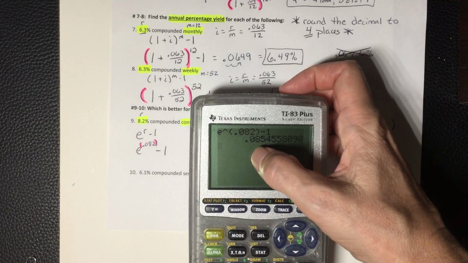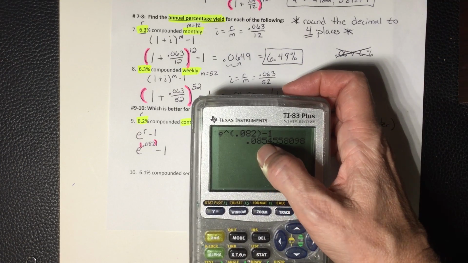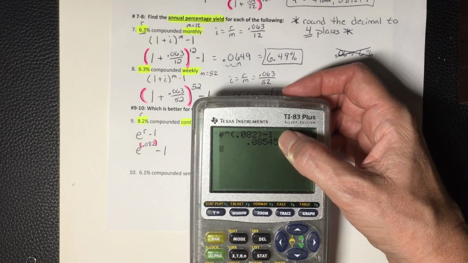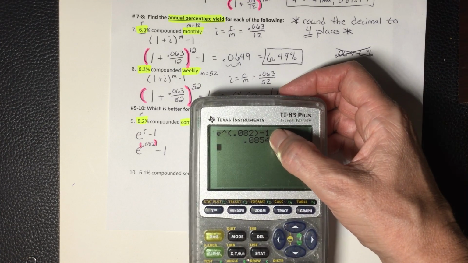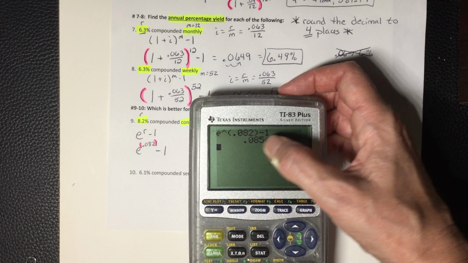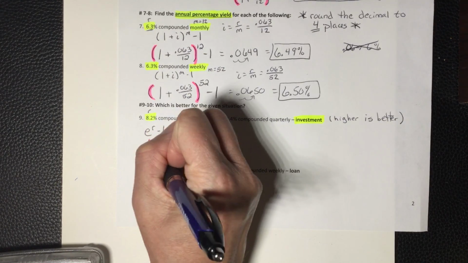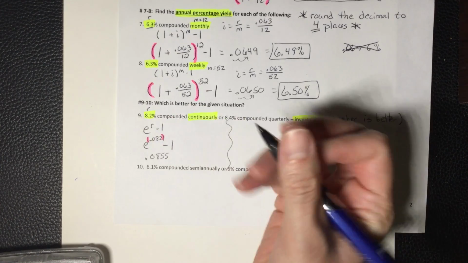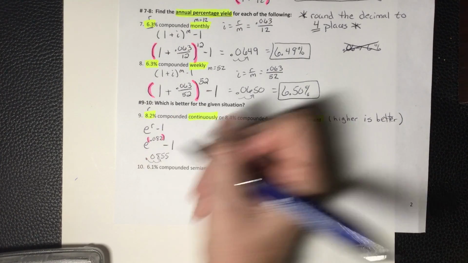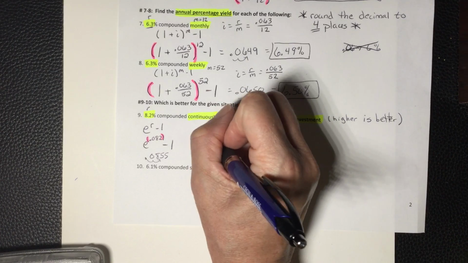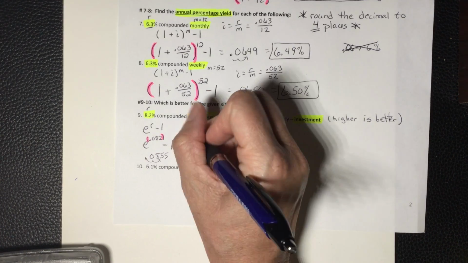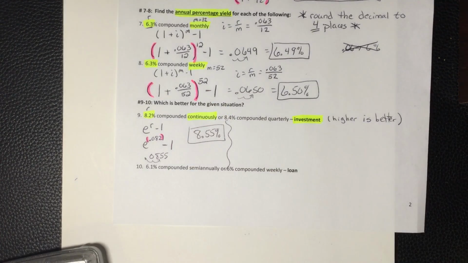All right, we want 4 decimal places, 0.0854, but the number next to it's a 5, so we're going to round that 4 up, and it's going to be 0.0855. All right, so 0.0855, we change that to 8.55%. All right, we want to compare that with a higher interest rate,